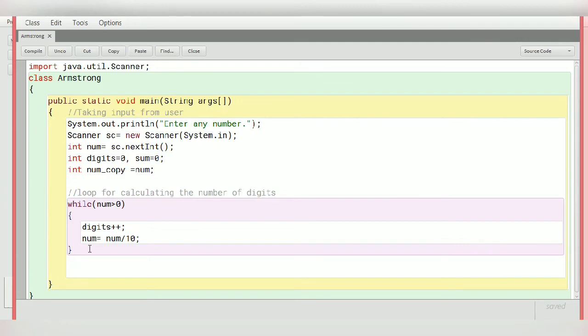So I'm going to use another while loop, while number is greater than 0.